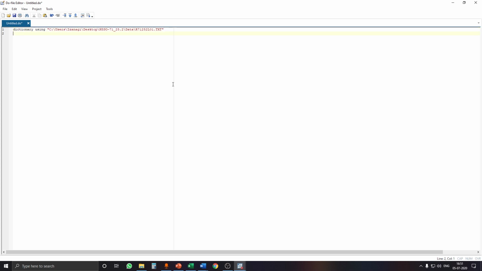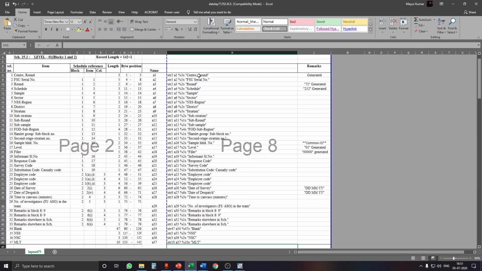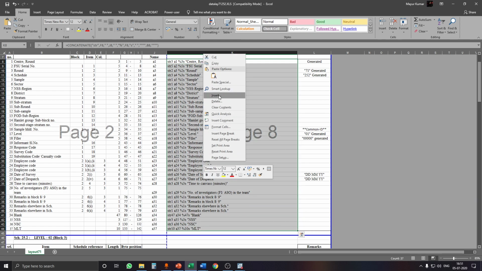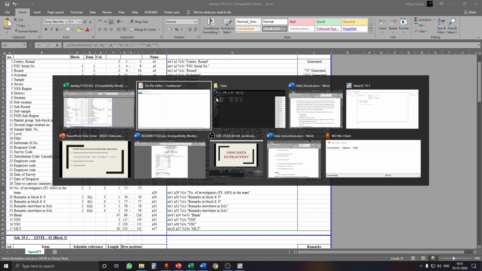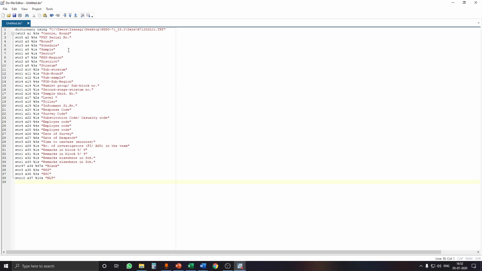So now we are going to press enter, put a curly bracket, and now we are going to go to the Excel file where we have created the layout, and we are going to copy the first level layout. Copy, and we are going to the do file editor, and we are going to paste it here. So what we can see here is that for extracting the first level of data, we are using the first level raw data and the first level layout, and so we have copied this. Now we are going to close the curly bracket, and now we'll have to save it.